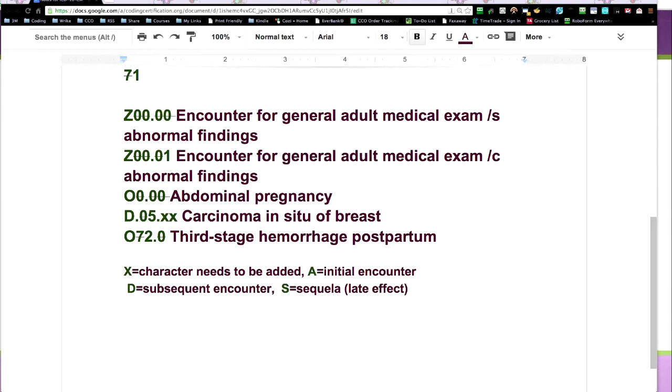One of the reasons we stopped ICD-9 is because we ran out of numbers. We ran out of space. So the X is very important. Don't let that scare you. If you see A at the end of an ICD-10, it means that it's the initial encounter. A D is subsequent, and an S is sequela, and that's ultimately a late effect. So these are things that are going to be very common in ICD-10. They'll be second nature before you know it.